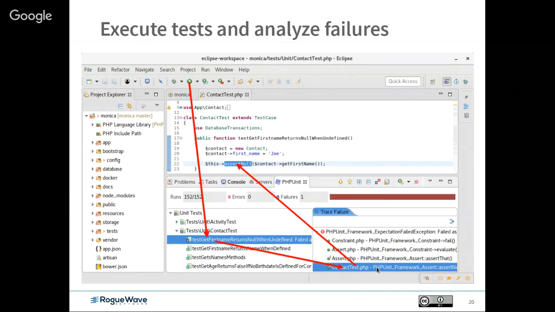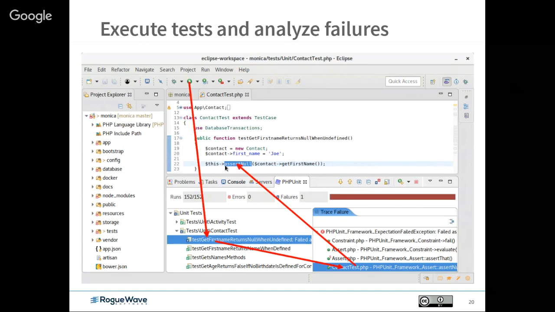So here we see that it reached the fail method in the testing framework. It was about an assertion rule. And here we also see this in our context test PHP. When we double click on this trace frame, it will actually open the exact place in the code editor, and I can very easily locate that this test actually